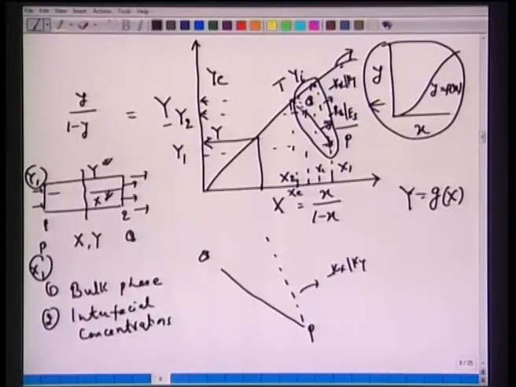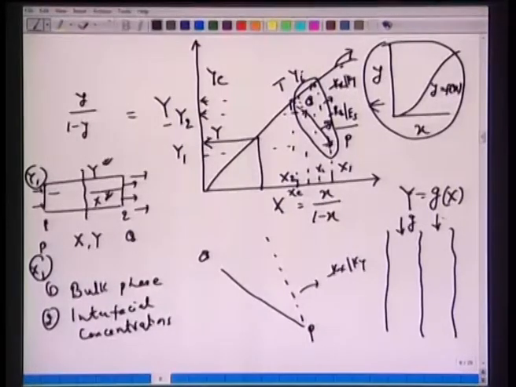Okay, physically all it means is that we have an interface of the two phases. We have this co-current flow, two phases, the gas and the liquid, getting in here. We have the bulk phase, it drops to some interfacial concentrations. Then we have the bulk phase concentrations in the liquid phase. So we have y, we have x, we have yi, we have xi. Equivalent to this y, we can have x star. Equivalent to this x, we can have y star, and these points can also be marked here.